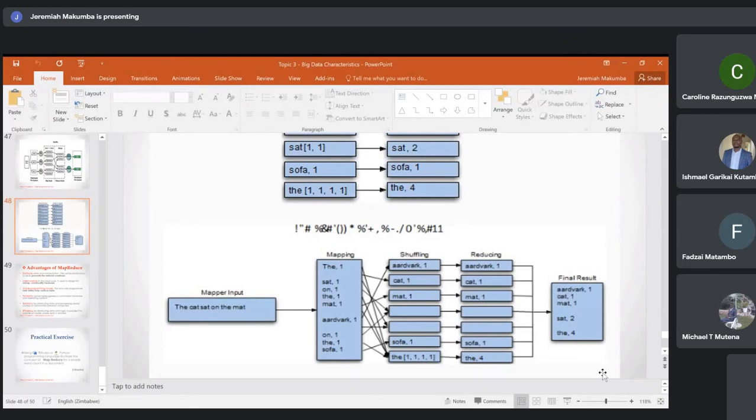whereby we're putting similar words in the same group. At the bottom there, the word "the" is appearing 1, 2, 3, 4 times, with the counts. Then we're going to the reduce part. Then we're saying "the" is appearing 4 times, just like what Kira was saying. Then we have the final result, whereby we're saying